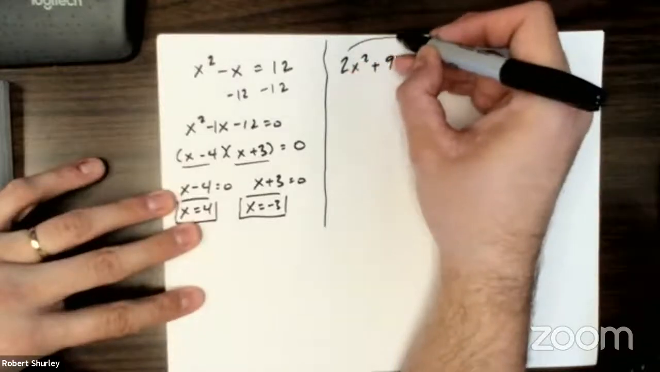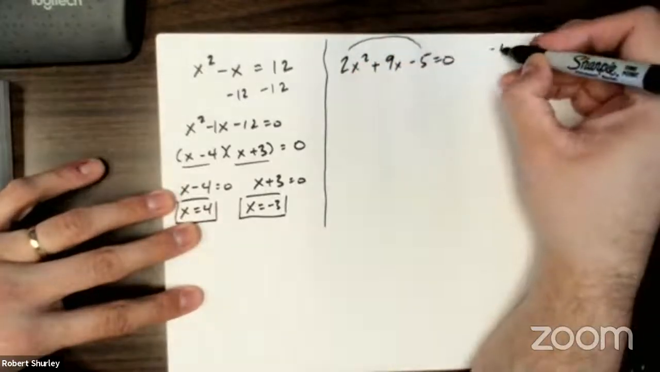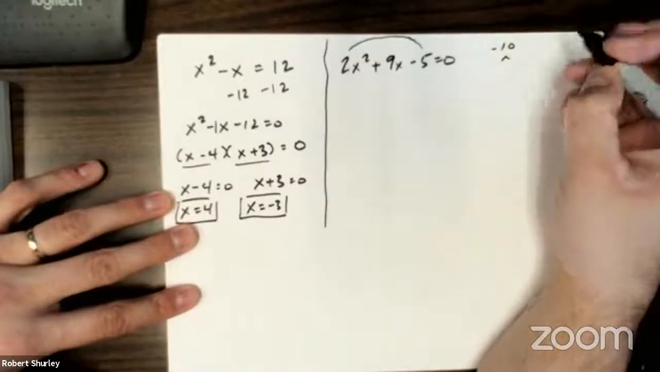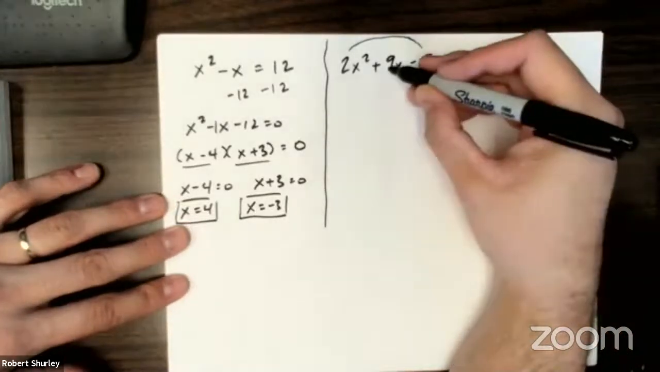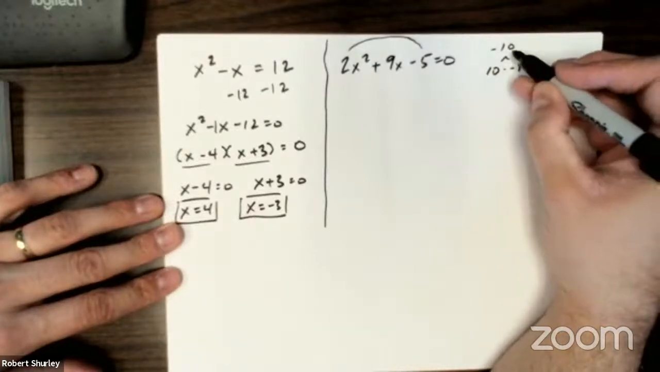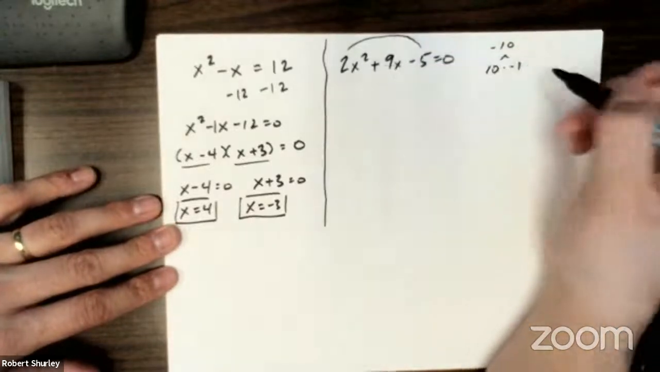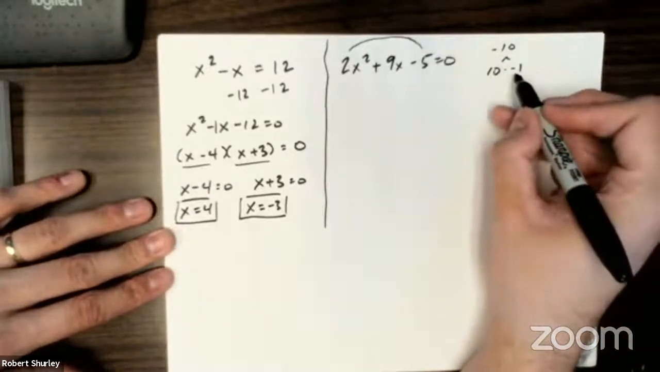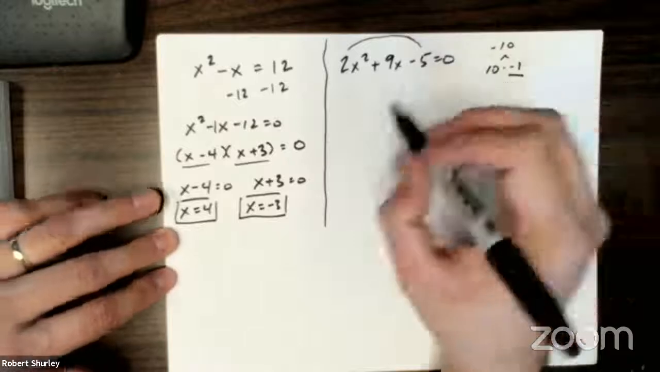I'm going to do the AC method. So I get negative 10, and I multiply the 2 and negative 5. So I need to get a positive 9, so that would be 10 times negative 1, right? Multiplies to give me negative 10, adds to give me a positive 9. Now remember, when I split these apart, I like putting the negative first, so it puts the addition where